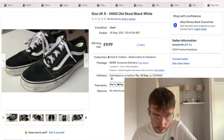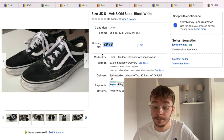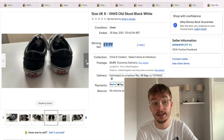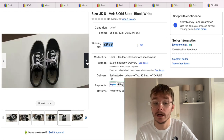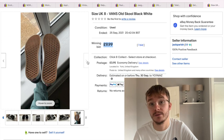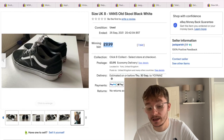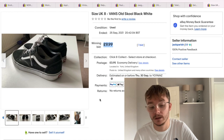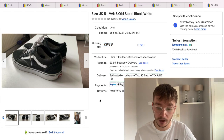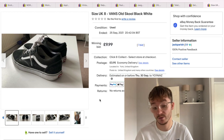Now I put these on an auction with a starting price of £9.99. As you can see there, it says winning bid £9.99. Within an hour of the auction going up, I'd listed it with best offer as well. Someone sent me an offer of £12. £12 for a pair of shoes I've worn a few times, haven't worn in years. Get them out the wardrobe, thought, yeah, I'll take that. So I took £12 for them, because I would rather have that than them go at the winning bid of